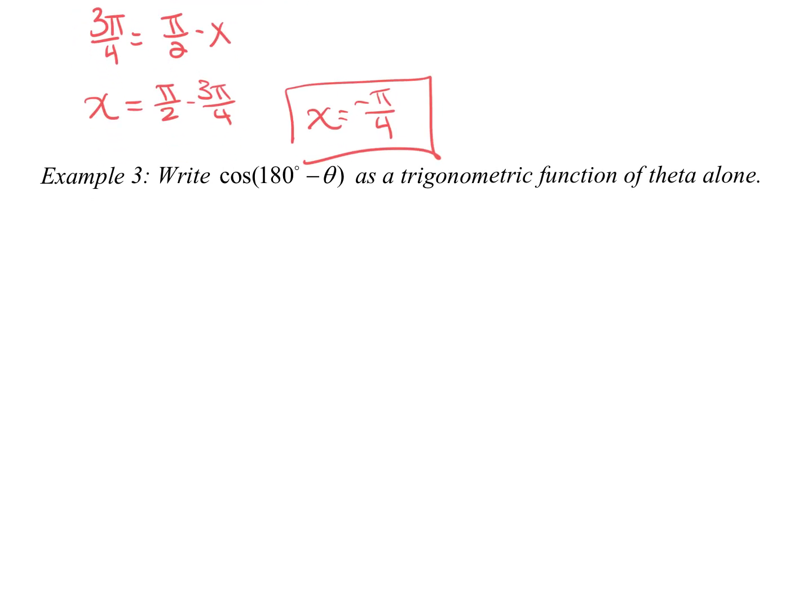The next problem says that we're going to write a cosine of 180 degrees minus theta as a trigonometric function of theta alone. So when you look at this, you have cosine of something minus something. It could have been something plus something, but regardless, it is cosine of a sum or difference. So that is a key sign to go use your sum and difference formulas. So this is cosine of A minus B, which is cosine A, cosine B, it said minus, girly stuff, plus